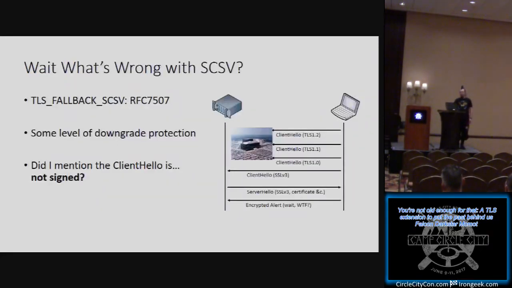The other mechanism that does this is called SCSV, or TLS fallback SCSV. It provides some level of downgrade protection by adding a new cipher spec to the negotiation. It's specified in this RFC. The way that it works is when you found that you could not negotiate a higher protocol version because it was being dropped and you just got no replies, you include this TLS fallback SCSV cipher spec in your client hello, just to alert the server of, by the way, I have downgraded in case you didn't know, and the server is supposed to say, oh, you shouldn't have downgraded, let me fix that for you by not talking to you anymore until we're no longer being watched.